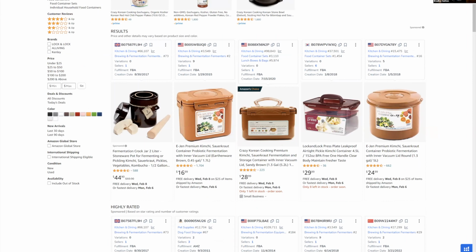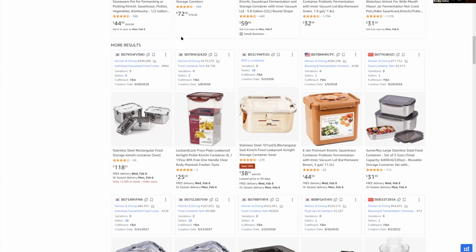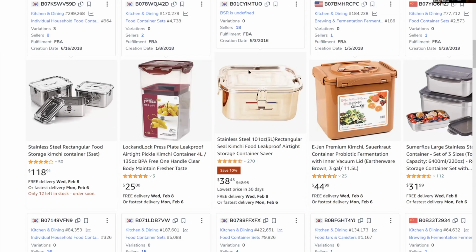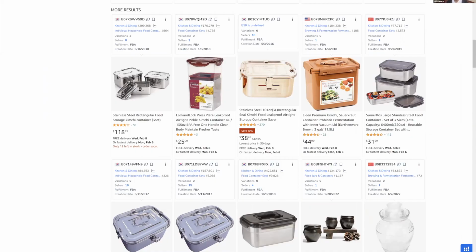In this, again, we see kind of low reviews towards the top of the page. I see a lot of the sellers are actually based in Korea. That's another thing that we show: whoever's selling this product, where are they based? The flag here means where the seller's account is based. This Korea. The first 3